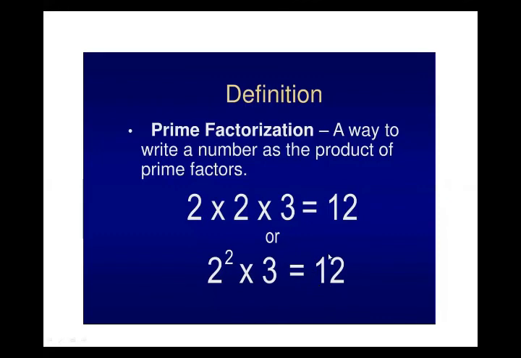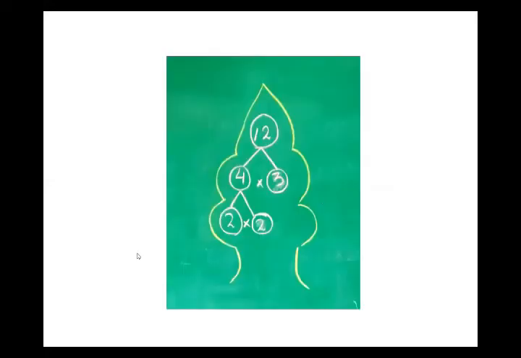Before starting the different methods to find the GCD, we will clarify what prime factorization is. You can see that for the number 12 we have found just these factors, which have a prime nature. The numbers 2, 2, and 3, all of these three are prime because all of these factors have only 2 divisors, itself and 1. If you can understand this, you can easily understand the next part.